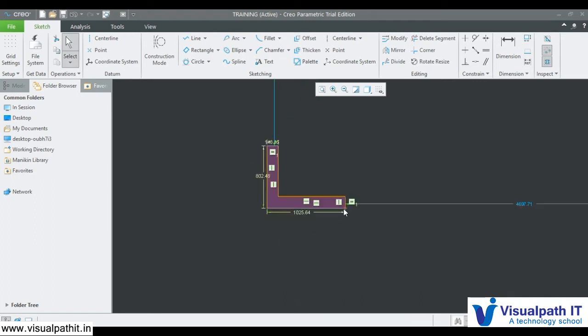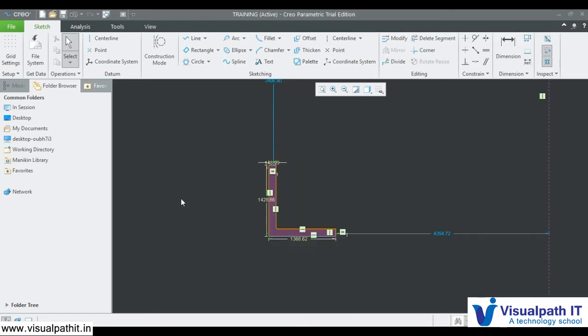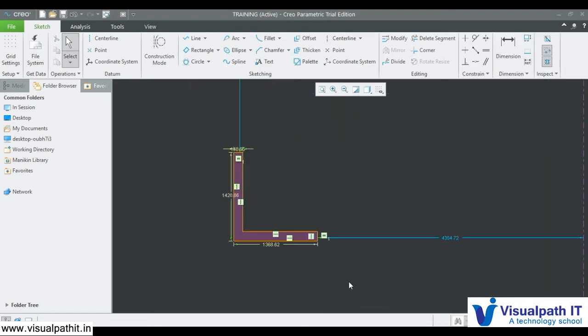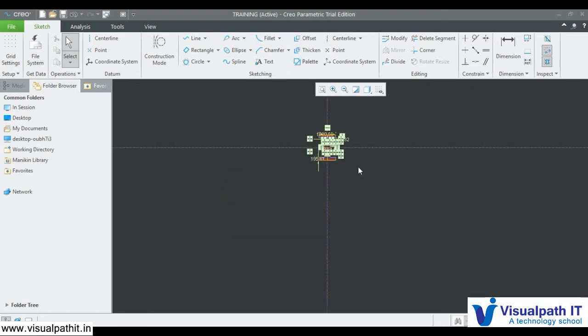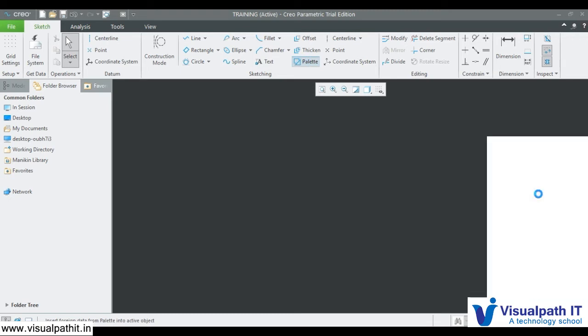Here I want to increase this and I increased it. That's it. That is how I can modify my sections easily. There are so many sections. Let's say there are different shapes also.